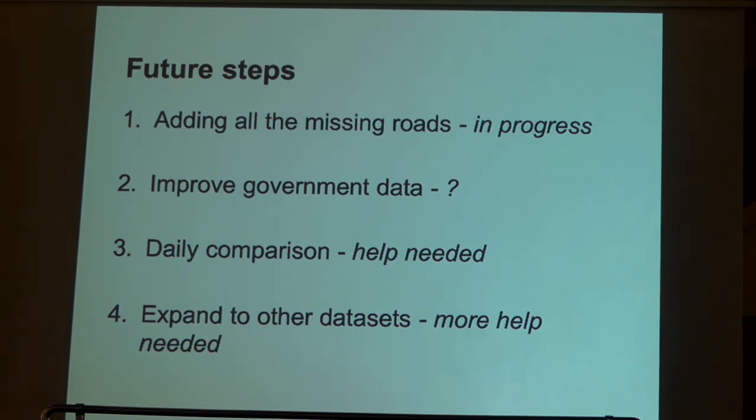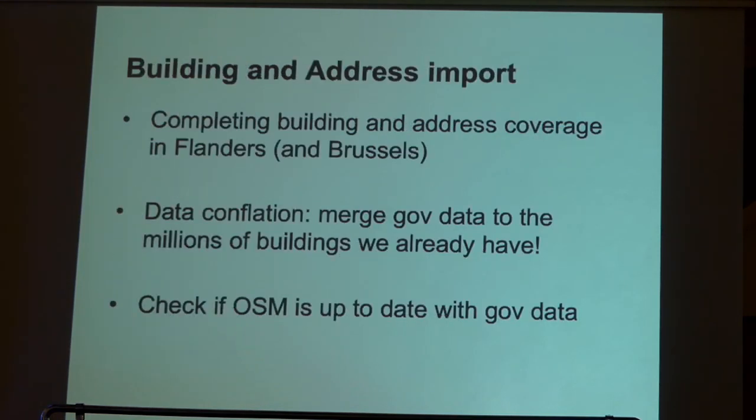So right now we do the roads because it's a simple use case, and quite important. But later on we would like to do some buildings as well, and maybe we could go into POIs or, well, whatever. We'll get there somehow. Now the good thing is, when we're working on this, some of the comparison is rather old and a lot of them are already fixed. So even if we did nothing from OpenStreetMap Belgium, the data would just keep improving. We're really confident about that, but we want to speed it up a bit.